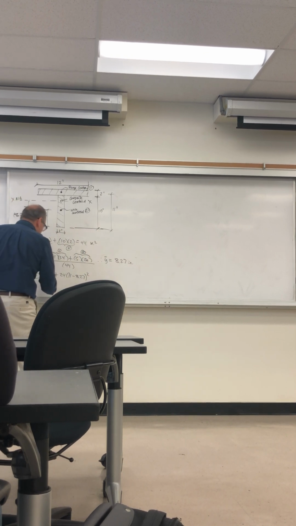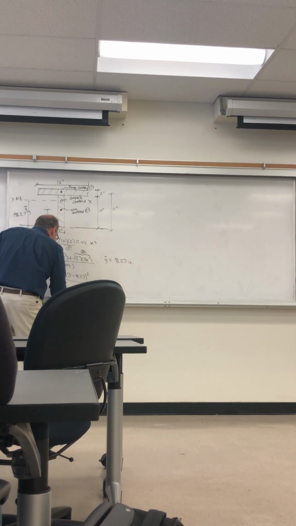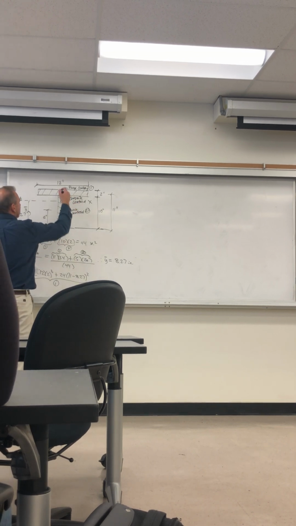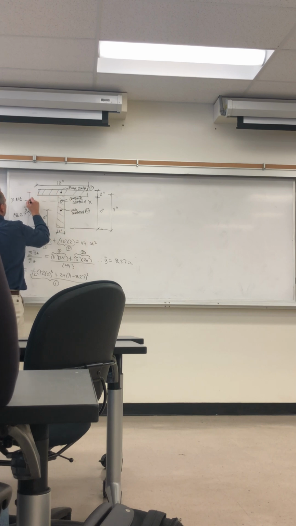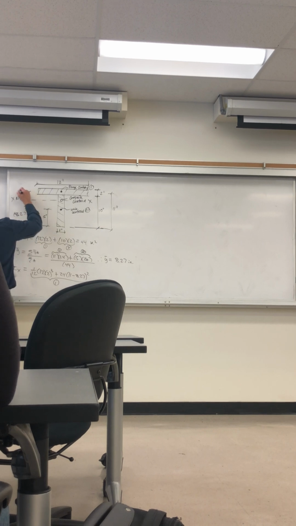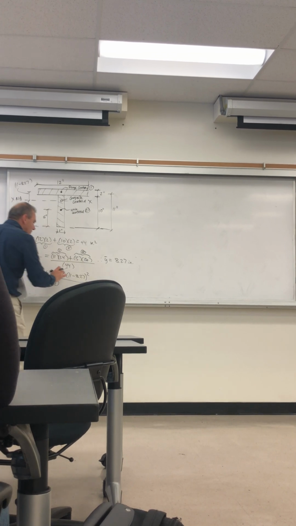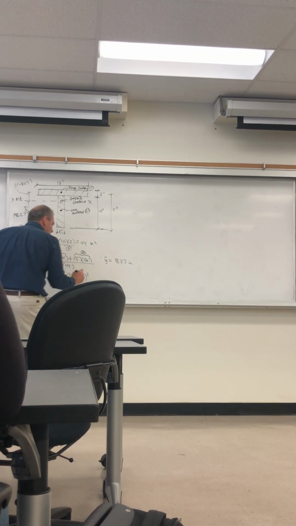So this is from 1. This is the moment of inertia about itself, plus the A D squared term, right? The distance is 11, that's the distance up, minus 8.27, that's this distance here. Plus